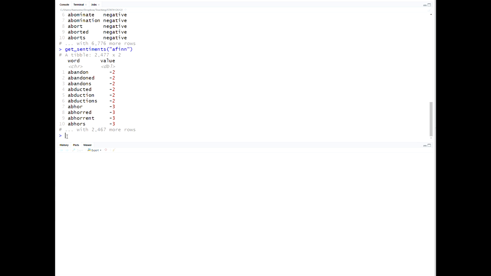Now these give us not just positive or negative, but values associated with the different words. So although abandon is a negative word, as is abhor, we see that abhor is given a stronger negative value than abandon is in the AFINN lexicon. If we look at the Bing lexicon, we see those are just positives and negatives. And if we look at NRC,